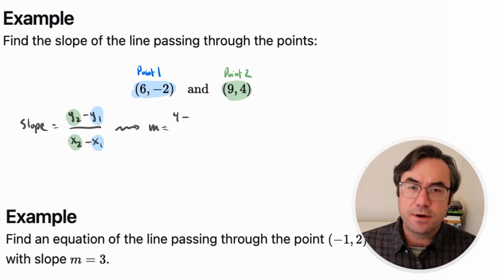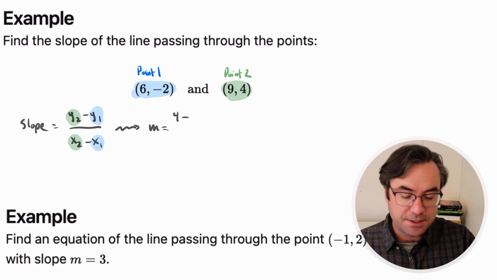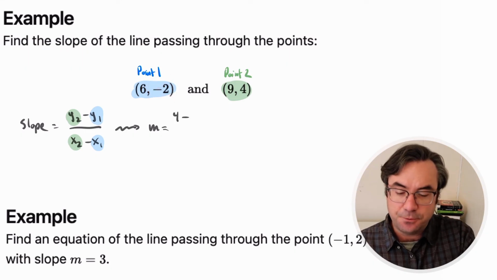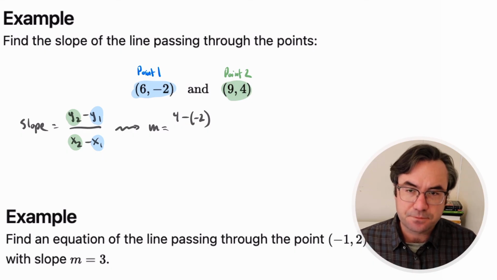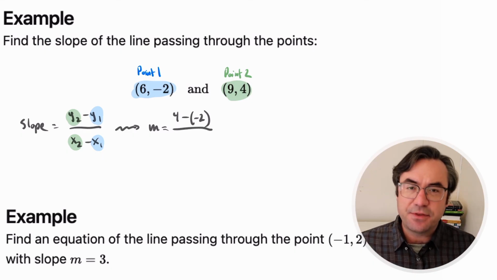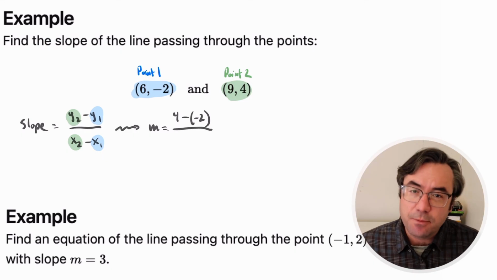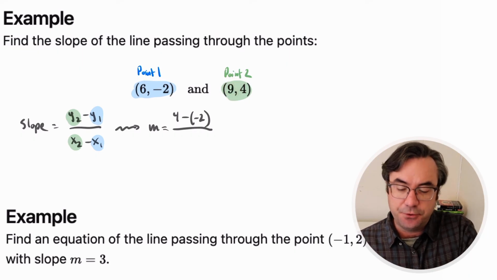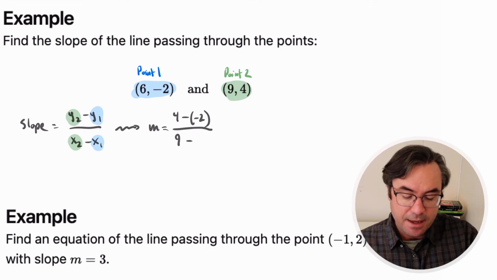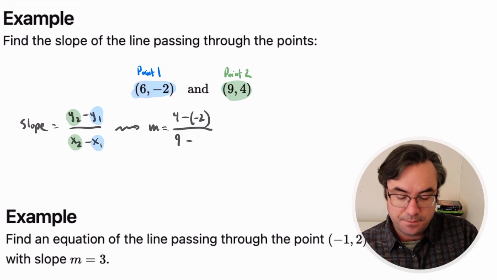And then the y-coordinate from my first point is negative 2. So I'm going to have 4 minus negative 2. And then I do the same thing in the denominator, but now I'm doing it for the x-coordinates. So I take the x-coordinate from point 2, which is 9,